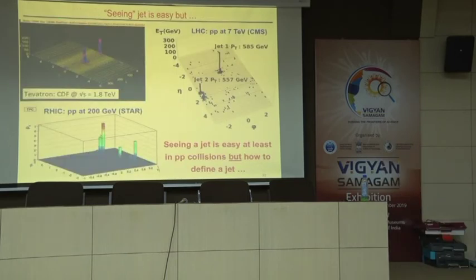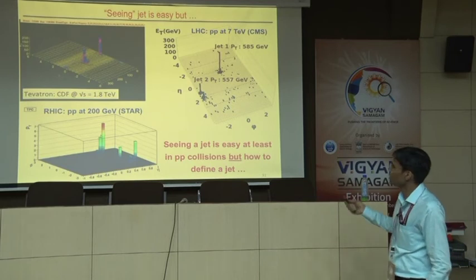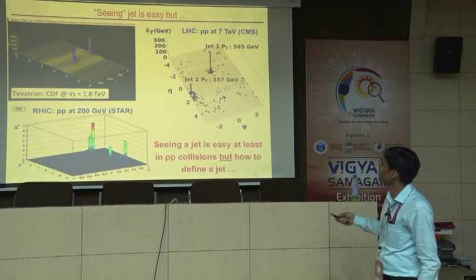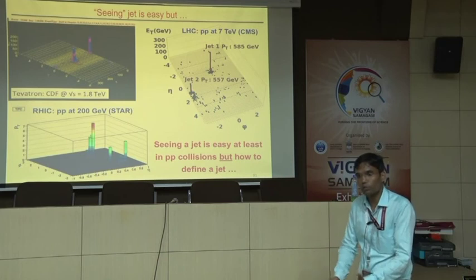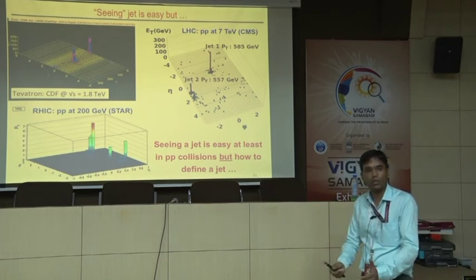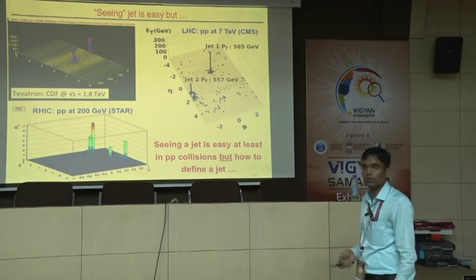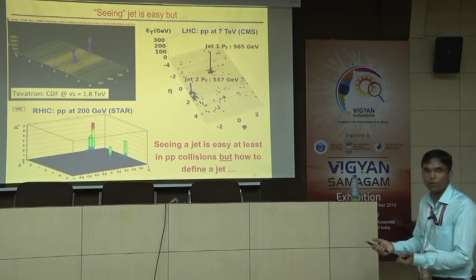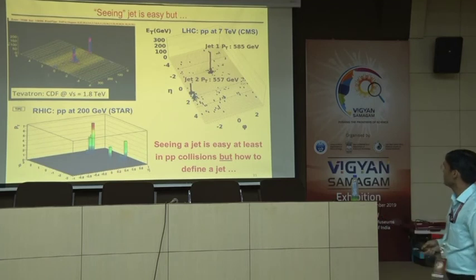You can see some more pictures in a different way. Here energy is plotted along the z axis, and this is the x and y axis of your detector plane. So you can see there are two jets. Here a huge amount of energy is at one place, right? So a jet, by definition, is large energy and collimated. So this kind of structure you can see here. This is also PP, and both are back to back and have the same energy. Okay. So this is also PP. Now